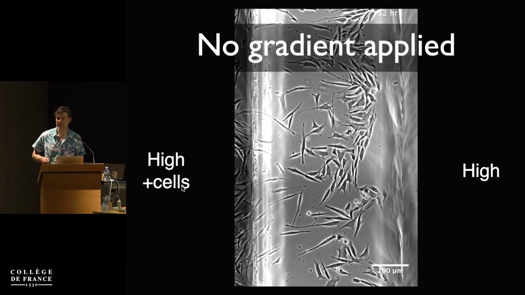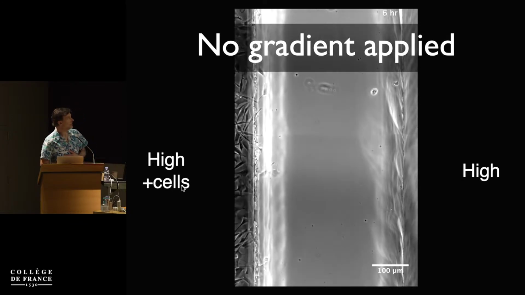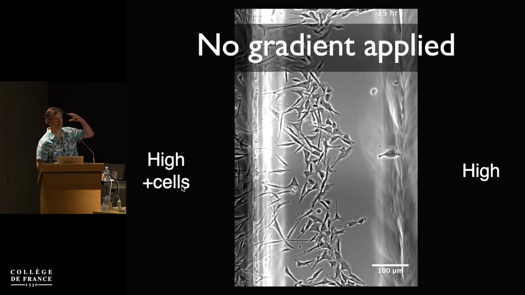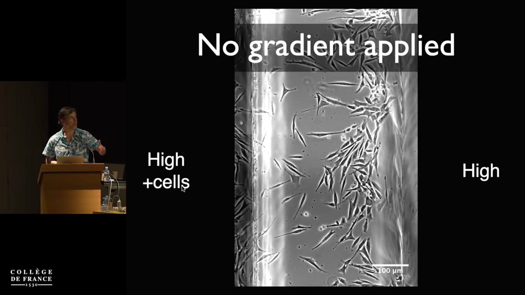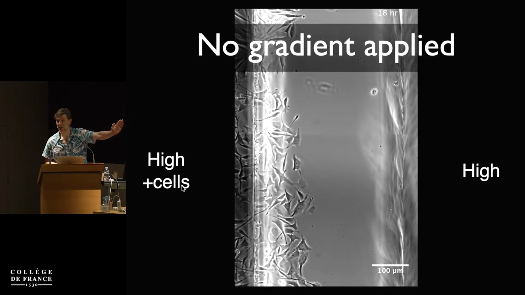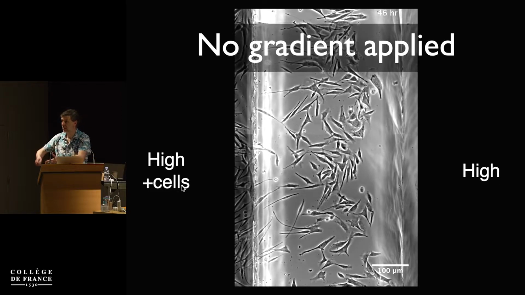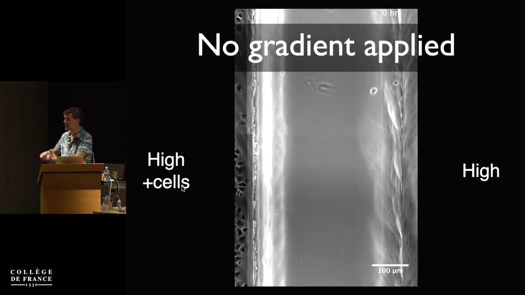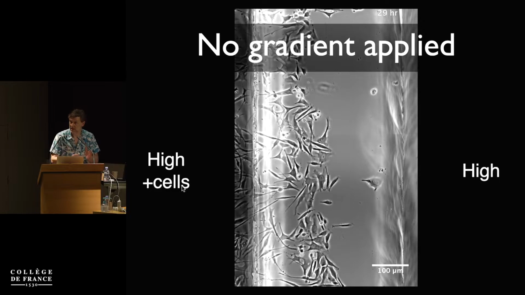For about 1 year I was giving this talk and I swapped the movies round because they're so similar I couldn't tell the difference. Okay, why are these two things the same? Because serum has got masses of chemoattractant in it, a huge amount of chemoattractant in it. And the thing that is making the gradient is not the fact that I've put high on one side and low on the other. It's that the cells take the serum and they break down some of the chemoattractant that's in it. And when the cells break down the chemoattractant, you get a gradient where the cells are is low.